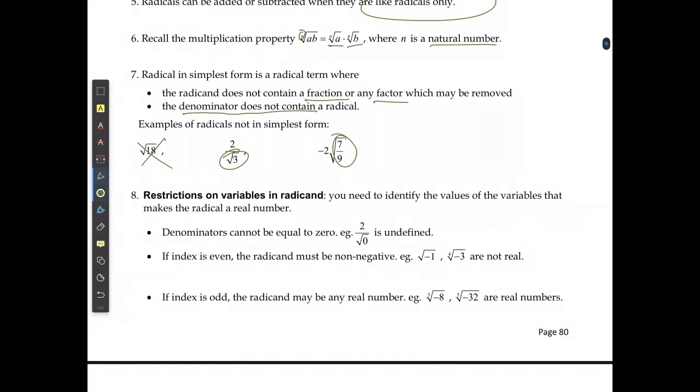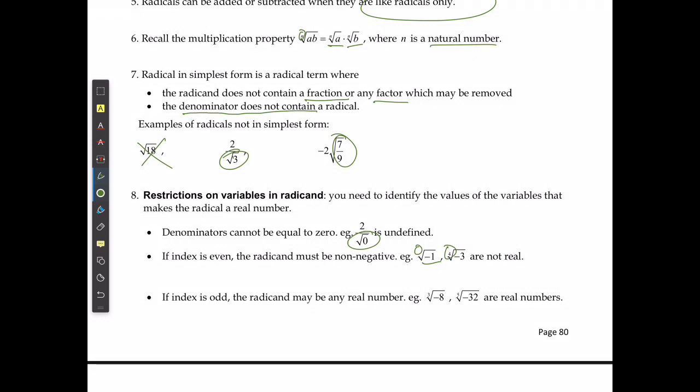When I talk about restrictions on a variable, then you need to identify the values of the variable that make a number possible. So first off, I already know I can't divide by 0. It doesn't matter if it's a square root of 0 or just 0, I can't divide by 0. It doesn't work. I also can't take the square root, 4th root, 6th root, or anything like that of a negative number, because if it's multiplied by itself an even number of times, it's always going to be positive,